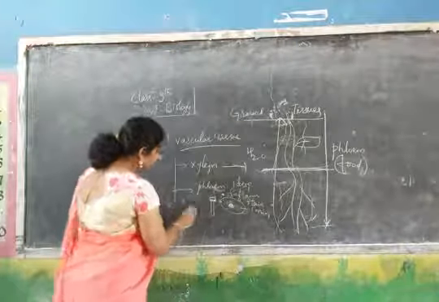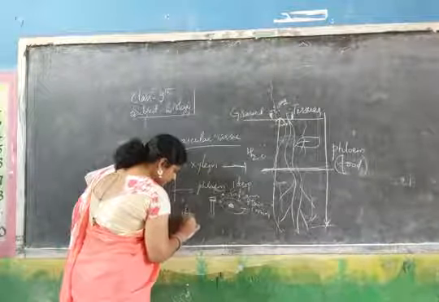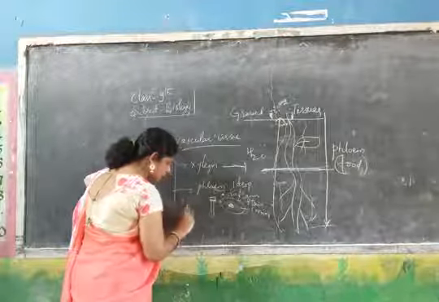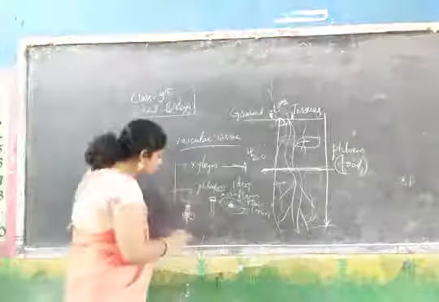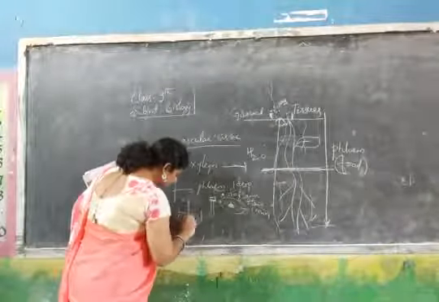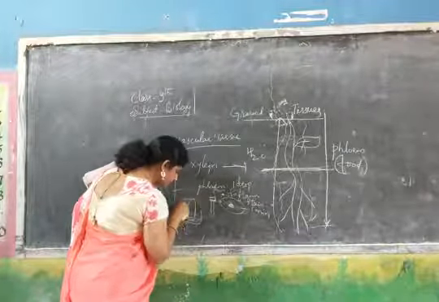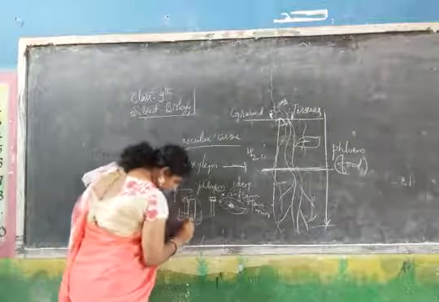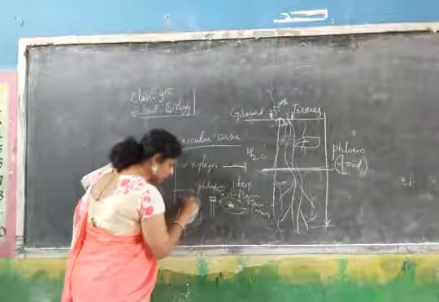Another method according to your textbook is to take the stem and dip it in the red solution. So the stem contains compulsorily two tubes: one is the xylem tube, another one is the phloem tube. We can call them bundles. So xylem and phloem. What will happen? If this is in a liquid form, from here to here, the xylem function is to carry the water, right? From the root system to the shoot system. So xylem will take that red color solution and pass it upward.